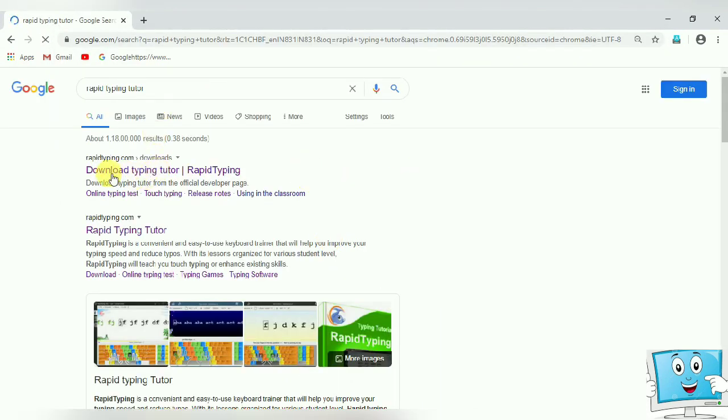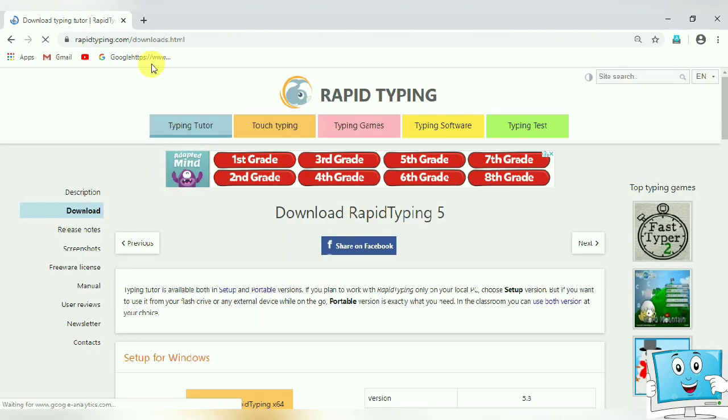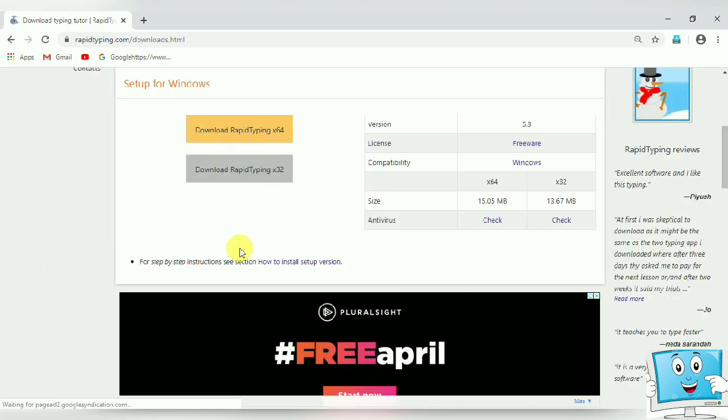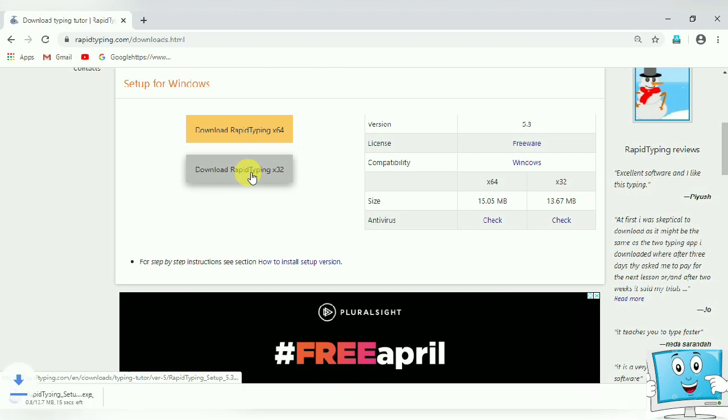After this, a screen will appear, so you have to click on the first link, that is download typing tutor. It will open the website of Rapid Typing software. Now move the page a little down and here you can see the setup for Windows. One is for the 64-bit processor, other is for the 32-bit processor. Download according to the properties of your computer, and below you can see the